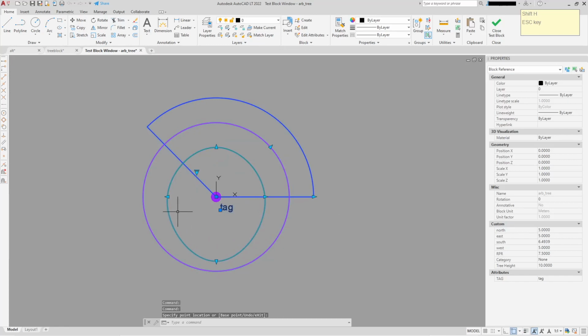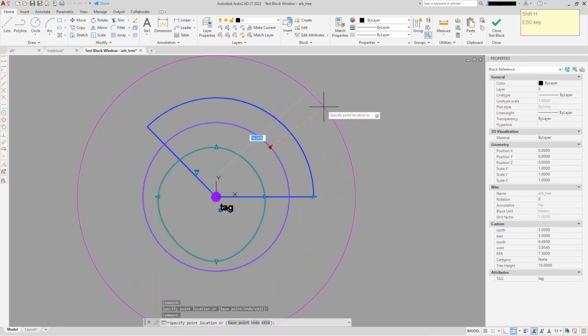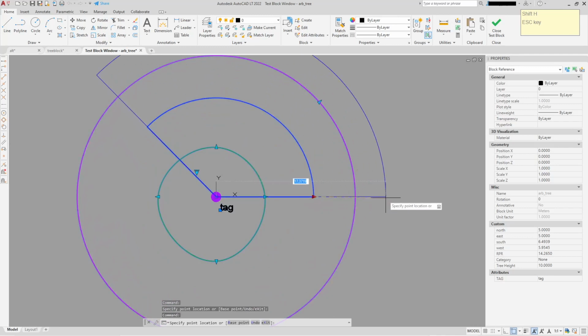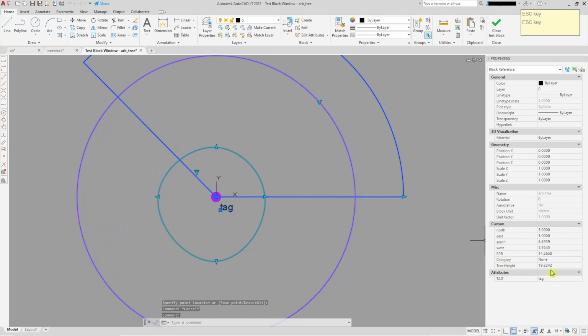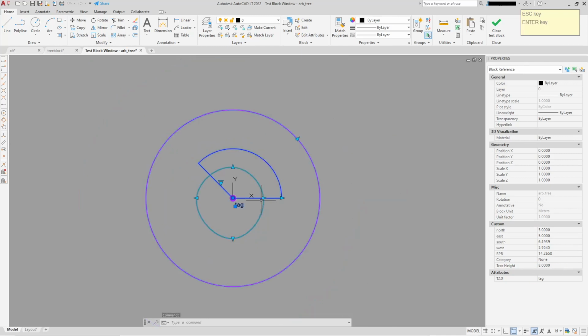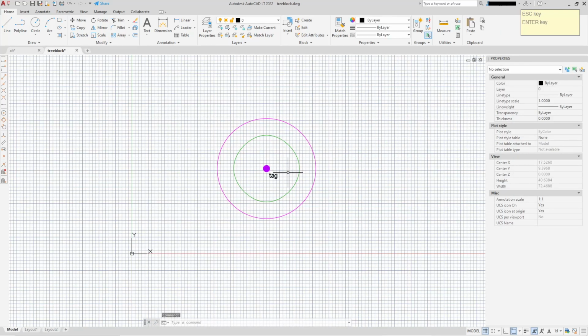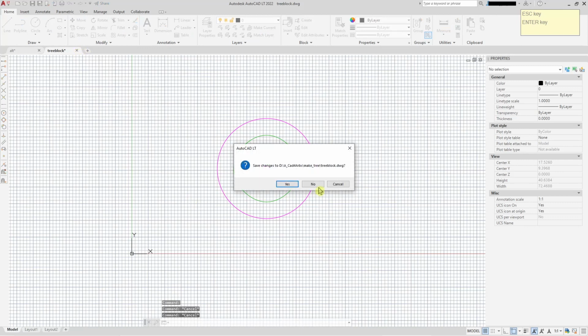So I can change my canopies, my RPA, and my shadow. And I can change the tree height here. It's added it to the properties. So if I put in 8 meters high, it adjusts it nicely. So I'll close test block, close the tree block,